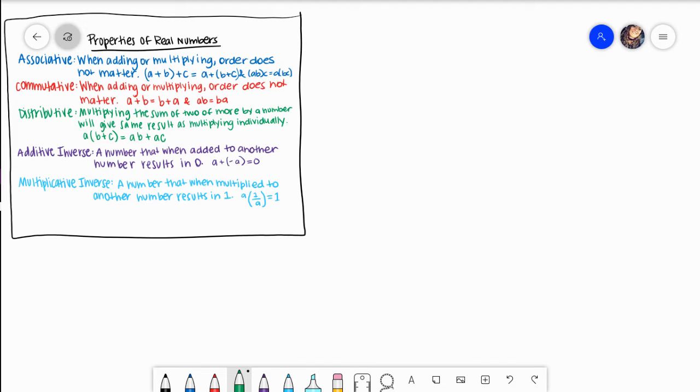If you notice on the right-hand side, it actually looks as if both of those individual terms, B and C, are being multiplied by my A. And the distributive property just states that if you multiply them individually,